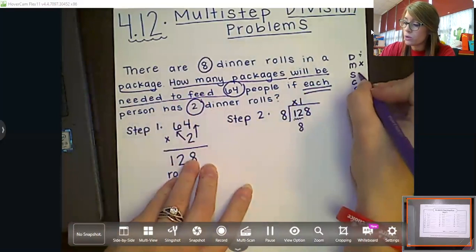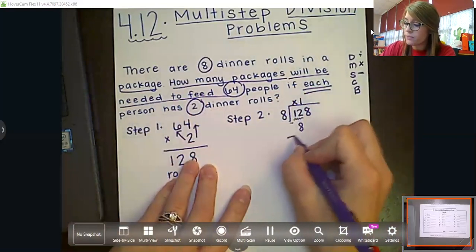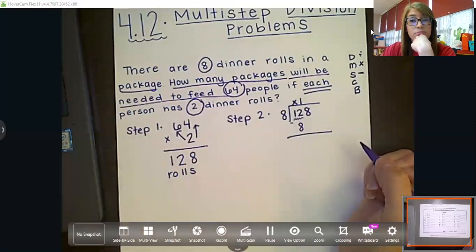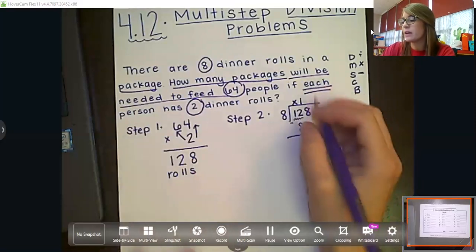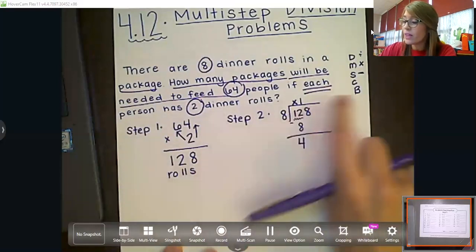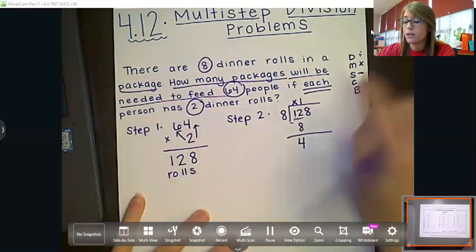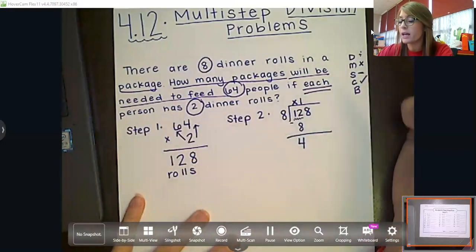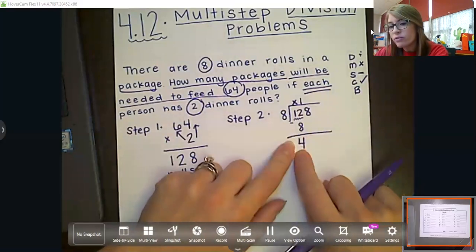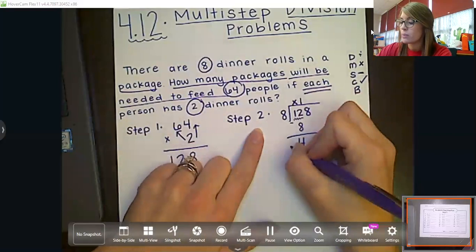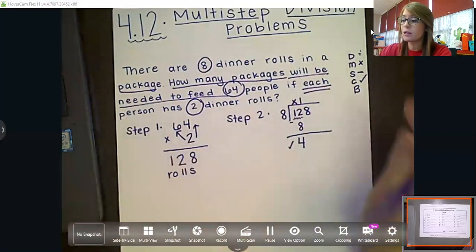So then I'm going to subtract. 12 minus 8 gives me, good job. Gives me 4. So I'm going to place that 4 right here. Then I have to check. What am I checking for? Right. I need to say is 4 less than 8? And yes, it is. So I'm going to be like, okay, I can move on now to my next step,